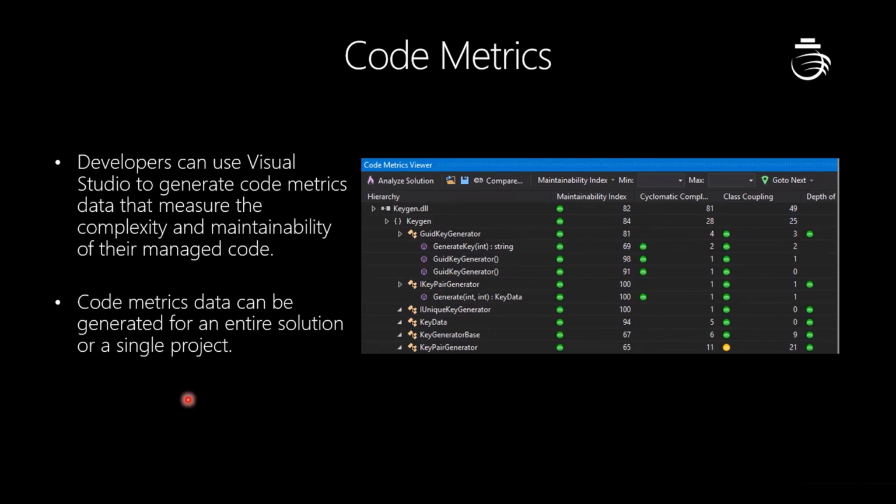So if another developer wants to work on the project, he needs to understand it clearly. It should not be more complex and less maintainable. If it is more complex, it is more difficult to maintain and manage. So how can we find out whether it is manageable or not? We can't check it manually, right? In a large project, it is almost impossible to see each line to check whether it is manageable or not.